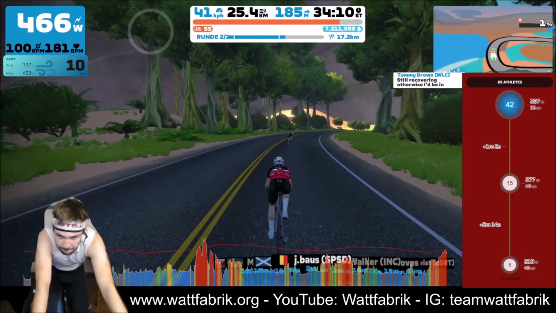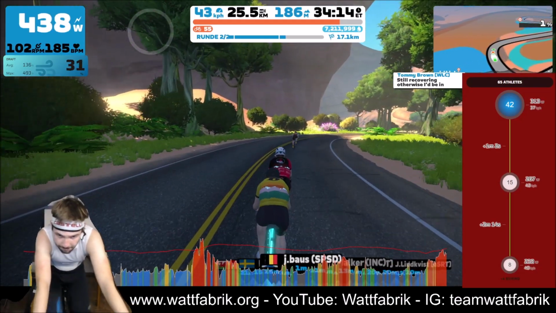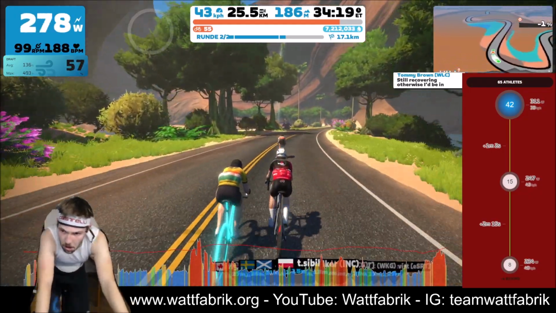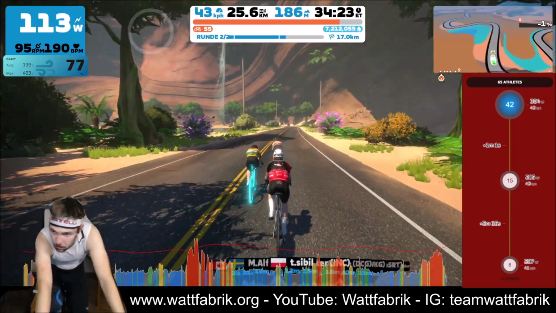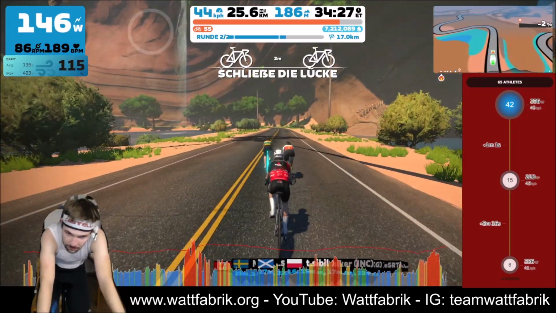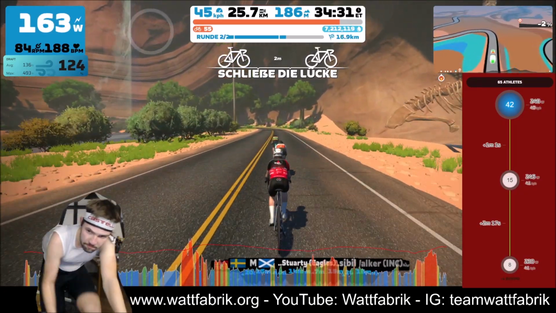Yes, I think this is the only, I don't want to call it attack, but active move of the race. You see, we have a small gap on the mini-map, but once again, I'm not interested in doing some work at the front, so I'm just sitting in the draft,